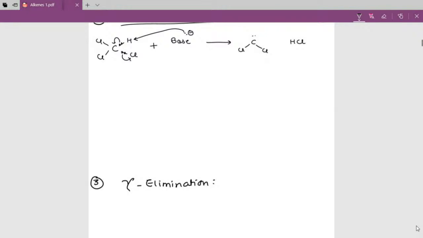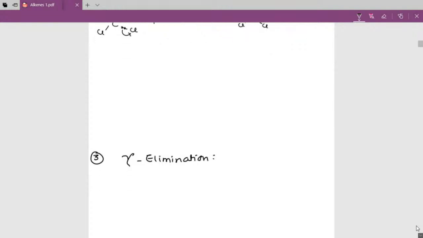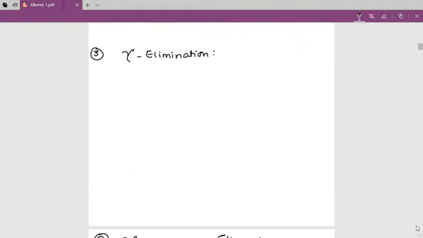At that time we'll be studying this in slightly more detail. Okay, gamma elimination. By now, you might have been getting a clue how these names are assigned. When the two groups which we are eliminating are placed alpha, beta, gamma to each other, then it is called gamma elimination. And the products formed by this reaction are